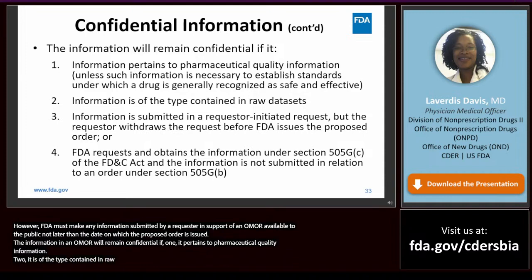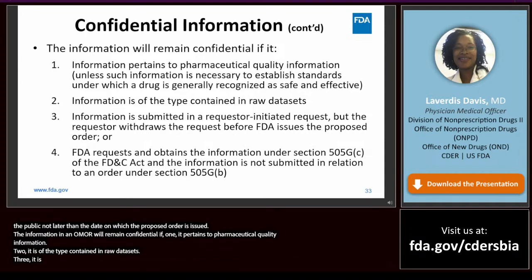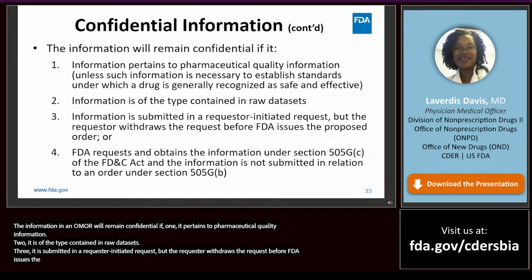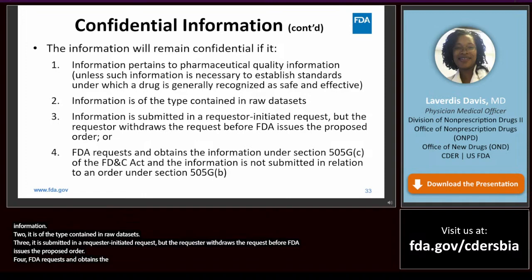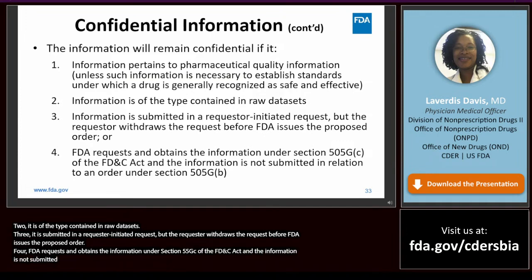It is submitted in a requester-initiated request, but the requester withdraws the request before FDA issues the proposed order, or FDA requests and obtains the information under Section 505G(c) of the FD&C Act, and the information is not submitted in relation to an order under Section 505G(b) of the FD&C Act.